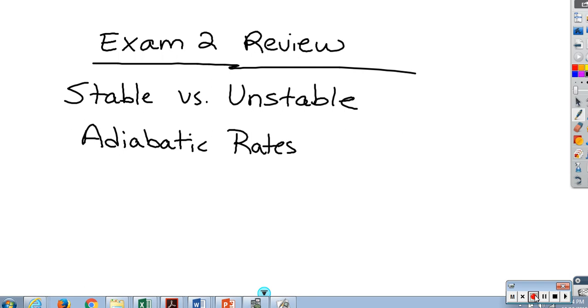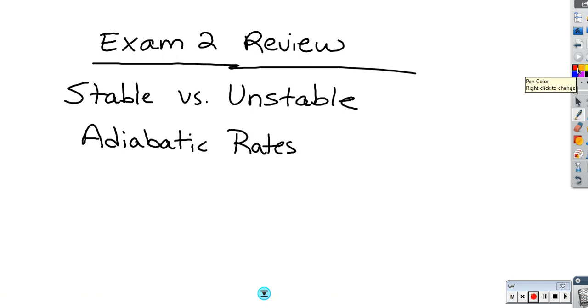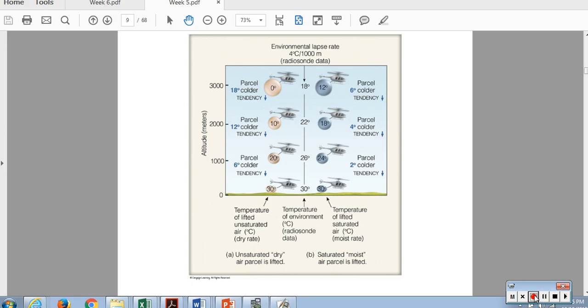So typically the difference is that a stable atmosphere keeps that parcel from rising. So the picture that we have looked at has to do with the